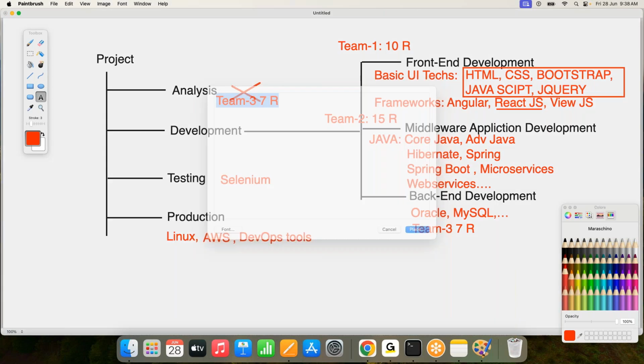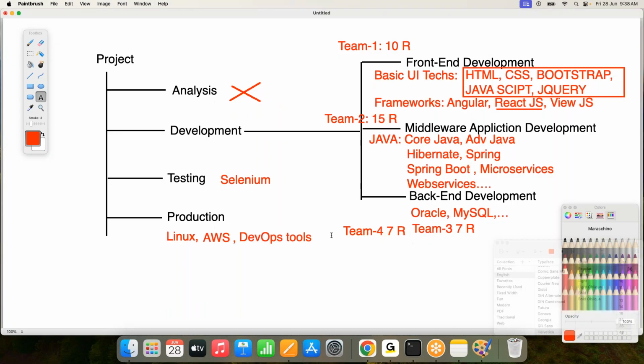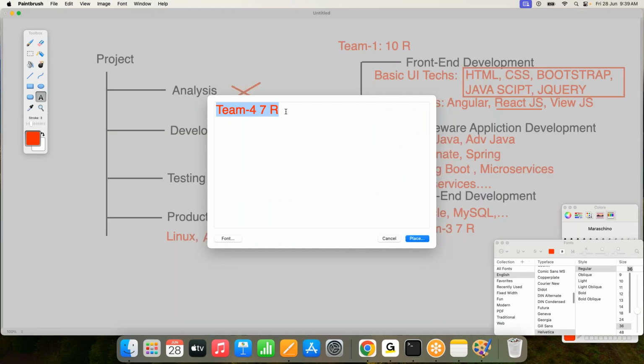For the sake of testing, another team is available. It's team 4, maybe 7 or 10 resources under testing. I'm giving all these numbers, 10 or 15, 20, as minimal calculations. If the scale of the project is more, definitely that volume will increase correspondingly. Understand? At minimum I'm telling you this. Next, in the production environment, there will be an operations team that we are going to have.